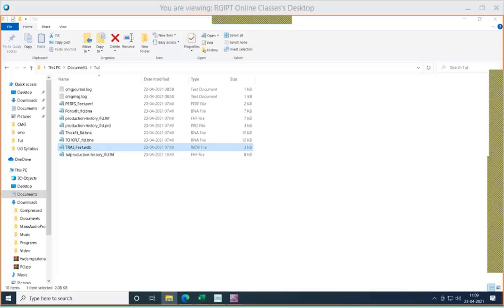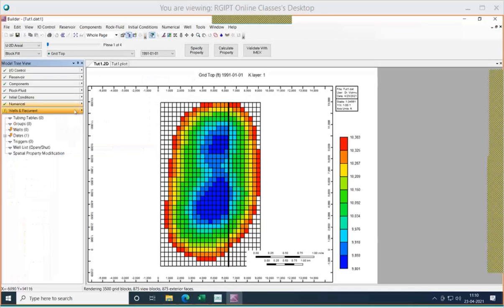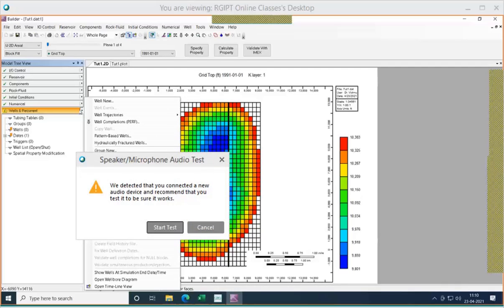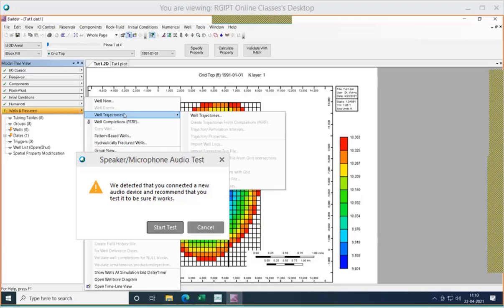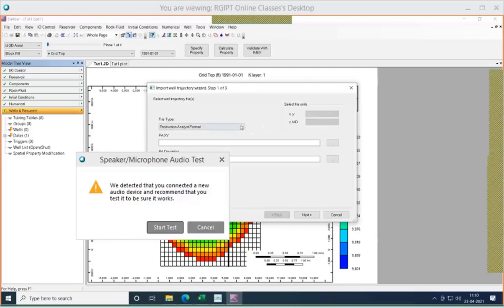Okay, so let's do that. First click on wells, and from here we can go to well trajectories and select the well trajectories. We have seen it's a table format, that means different formats of well trajectories are available.